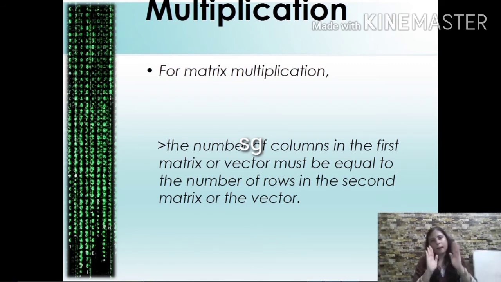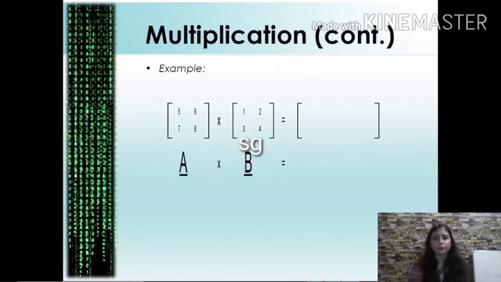If they are equal, matrix multiplication is feasible. If not, we cannot get any answer. And in fact, you need to write the answer that matrix multiplication in such a case is not possible. We do get questions in this form as well.